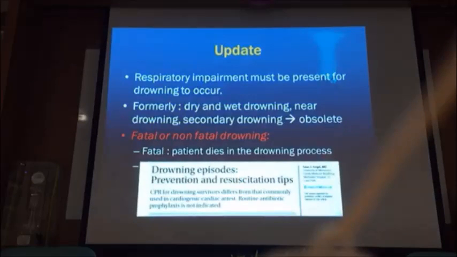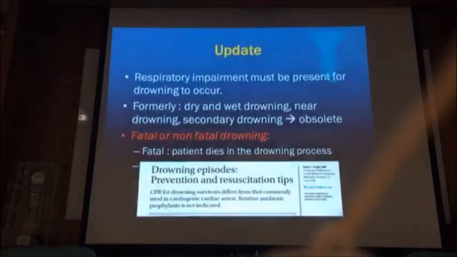Now the other one is the respiratory impairment during drowning must occur, but then the dry and wet drowning. Please explain that. Okay, for dry and wet drowning, we have two pathophysiologies. Dry is when the fluids irritate our hypopharynx, which causes laryngospasm, which later on causes hypoxia. Whereas wet drowning is caused by the fluids, also by the laryngospasm, and the fluids going into the lung, causing the washout of the surfactant and losing the surface tension, causing atelectasis and later on causing the hypoxia.